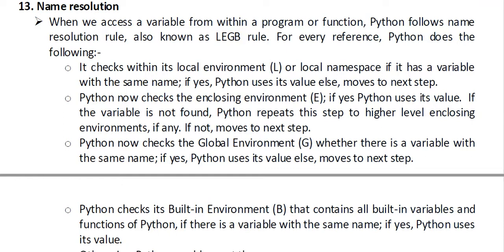Okay, I am giving an example. Please listen carefully. Suppose you have a program, and in the program you have a function, and in the function you have a for loop. You define a variable x in the for loop, and you have a print statement inside that for loop. Then it will be checked from the local environment. So if the x variable is present inside the for loop, it is in the local environment and it will be printed.